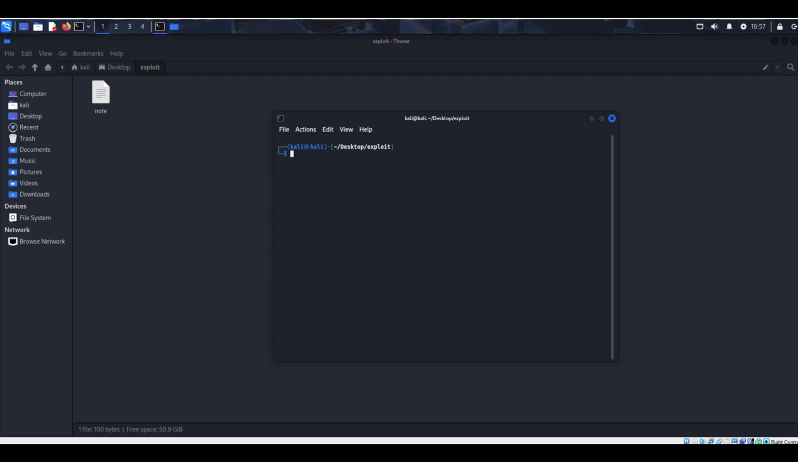Today we are going to explore MSFvenom, specifically with VBA, Visual Basic for Applications, and we're going to create the payload script code to insert into Excel and get the reverse TCP shell. Okay,